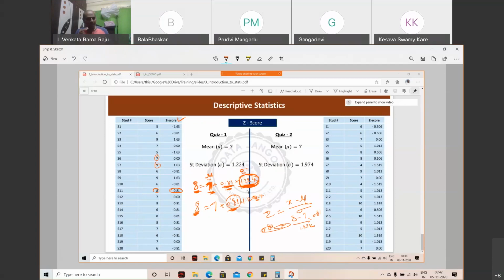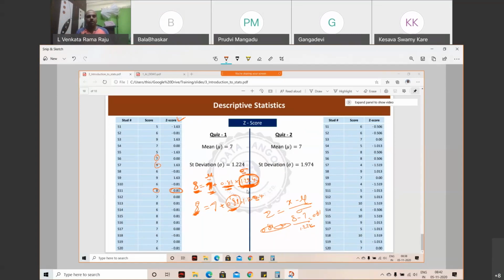We are trying to generate metrics from the data itself. There are no kilometers, meters. We are just taking the mean as the central point, taking standard deviation, the average thing, and then calculating the Z-score, which is the unit. 0.81 is one number. Like 1 centimeter, you will understand, 2 centimeters, you will understand, because centimeter is a unit. Like that here, Z-score is a unit.